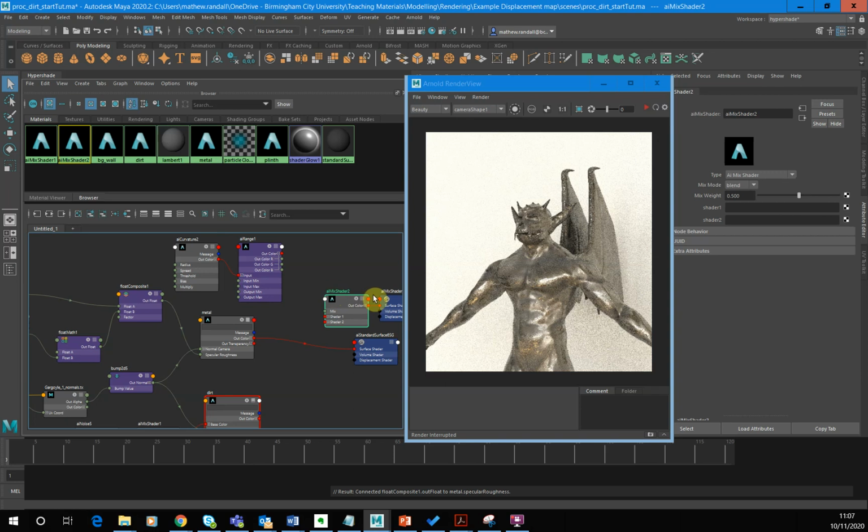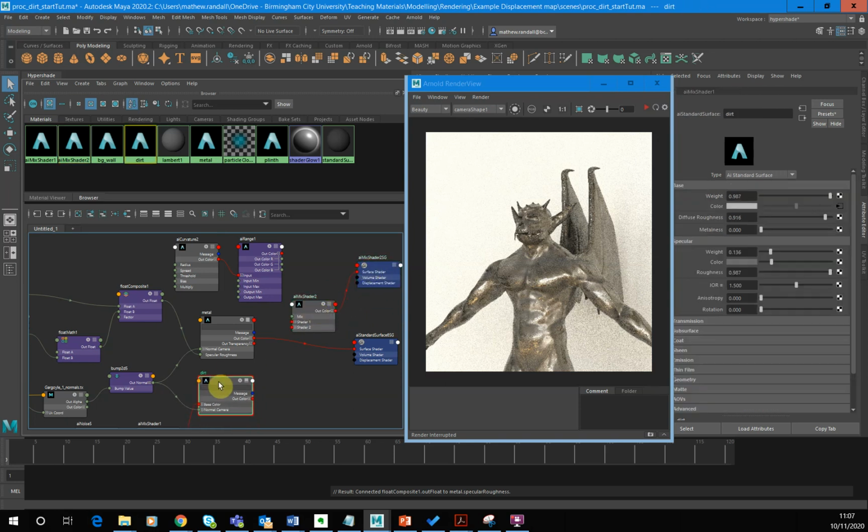Okay, this is a really useful node because it allows us to take two shaders that we've developed and mix them together. So again, this is a really useful technique. Where I've got my dirt shader, this could be like a paint shader or a rust shader. In this case, I've got it as a dirt shader, and we're talking about black dirt here, but you could use it for a sandy dirt. But you can imagine that for any kind of material, any kind of model where you're trying to combine different types of material like rust or paint or bare metal